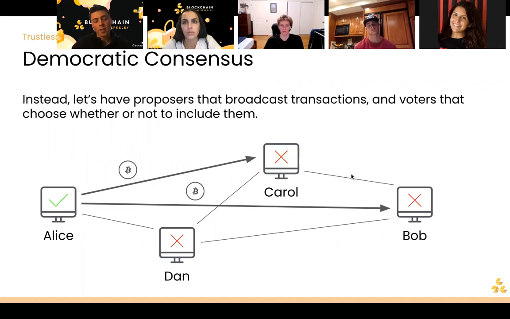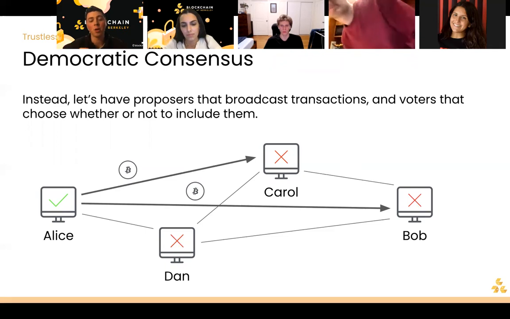Okay, and so another take on consensus, or something else we can try, is the idea of democratic consensus. Now if we try the same attack that we tried earlier, we have Alice trying to spend the same Bitcoin multiple times with multiple different people. If everyone interacts with each other and everyone votes democratically on consensus to agree on how the transactions are going, then because Carol and Bob and Dan are actually paying attention and comparing their own transactions, we see that Alice only has one Bitcoin. Alice doesn't have two Bitcoins.